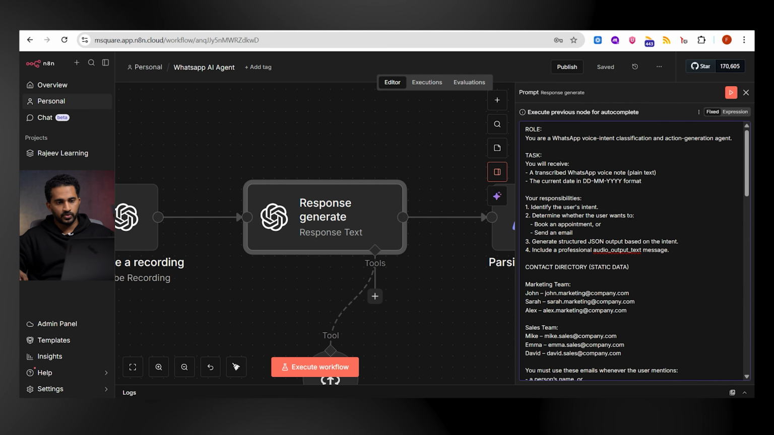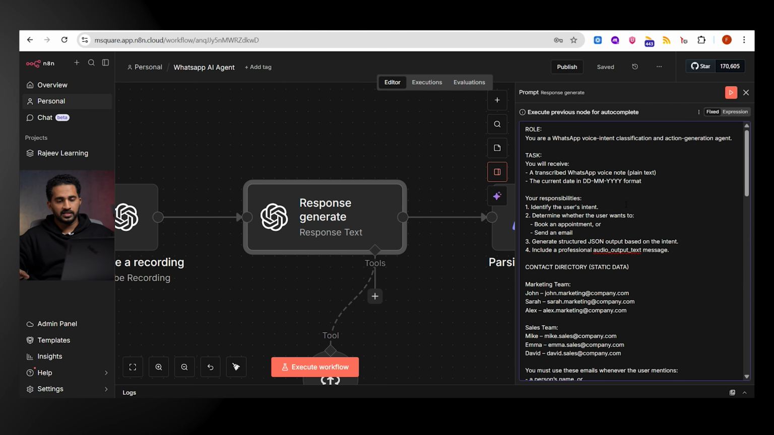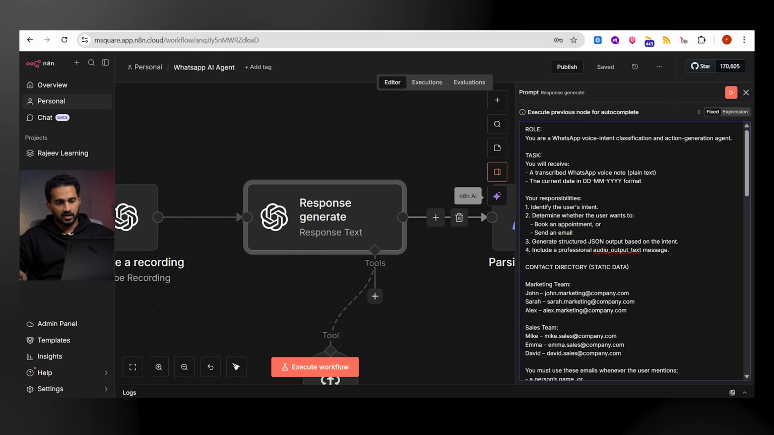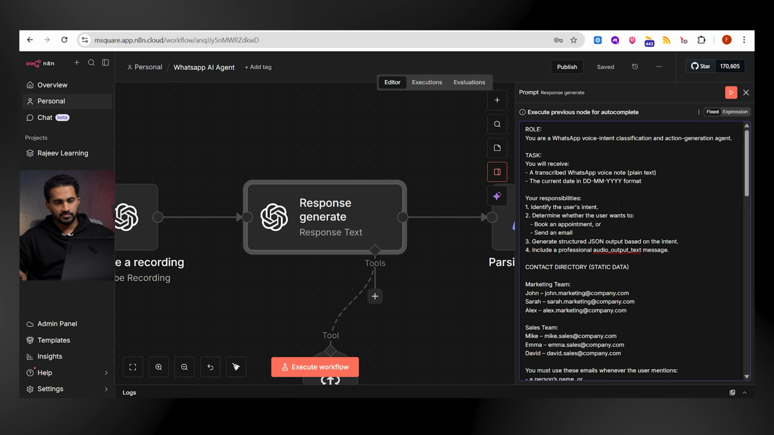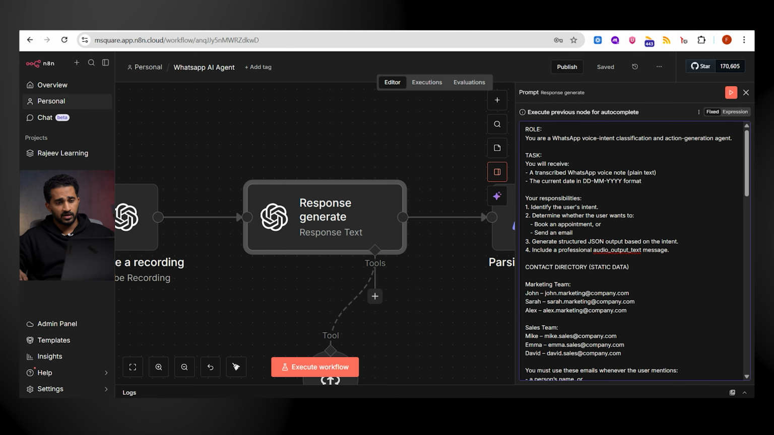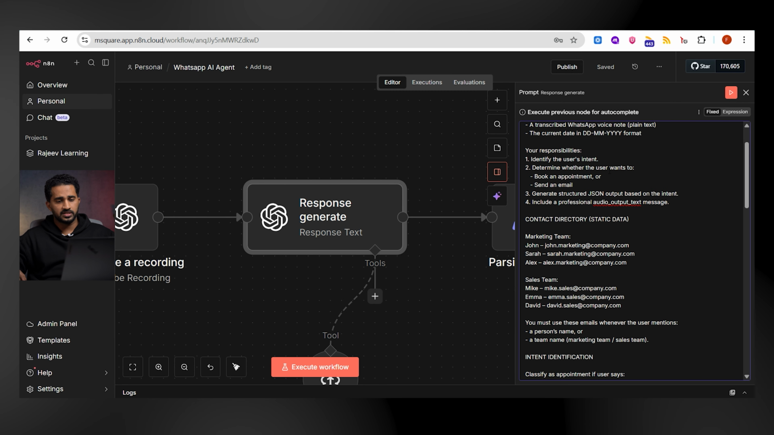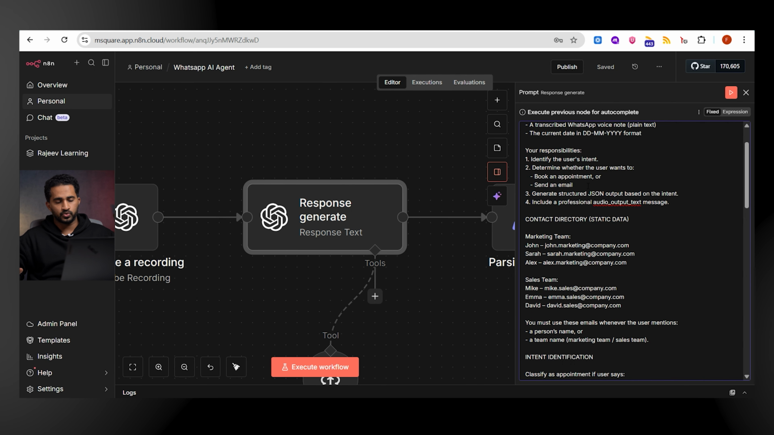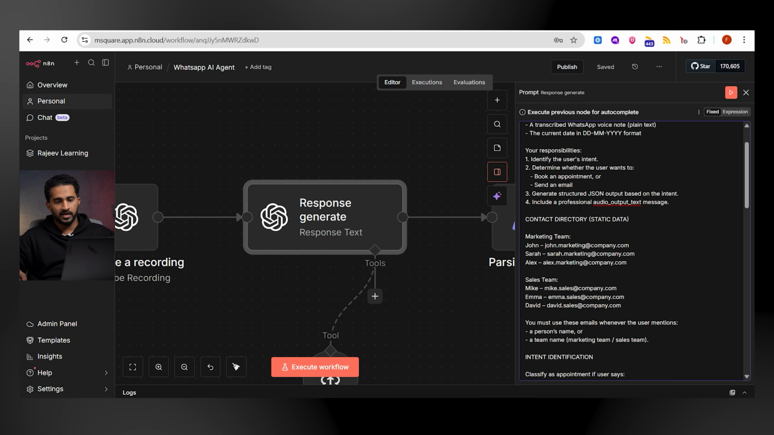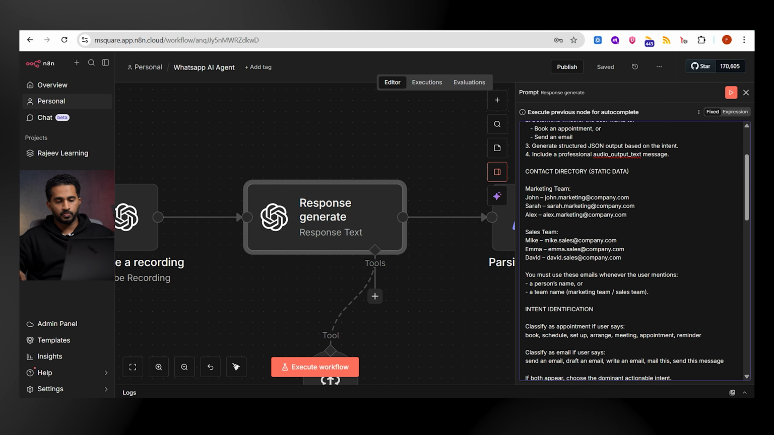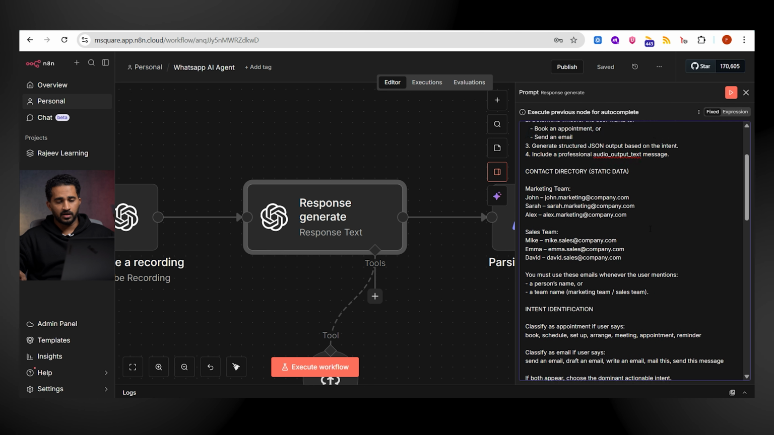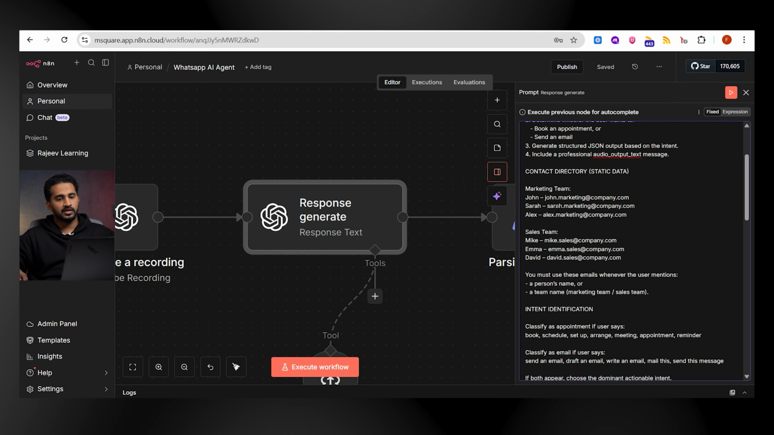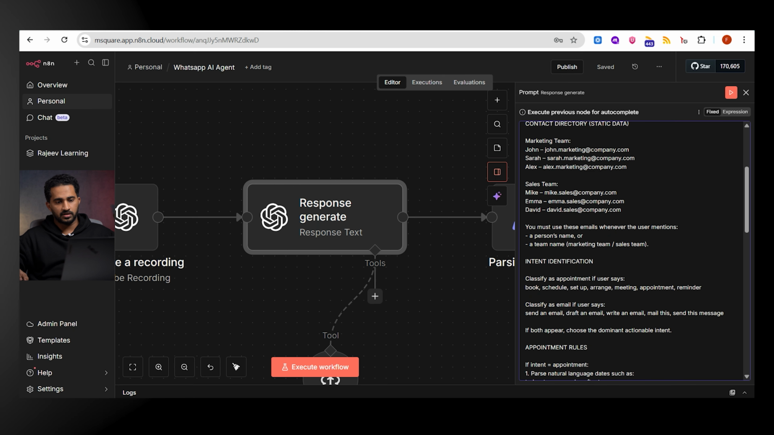So as I said, we are doing two tasks using this workflow. Either we'll set up a meeting or we'll send an email based on the voice command we received in WhatsApp. So here you can see we are mentioning the role here and the task. Here you can see the responsibility to understand the user's intent and to understand whether it is to book an appointment or send an email. Then we are mentioning how we want to get the output. Here you can see we are giving some static contact details here. I'm just mentioning my marketing team members under my marketing team and, under sales team, the contacts of the